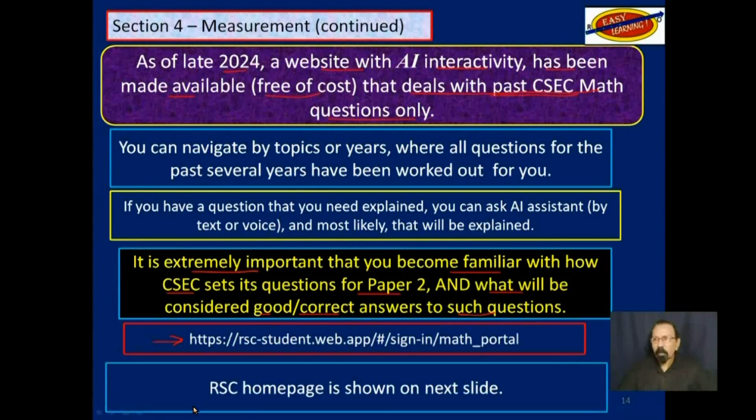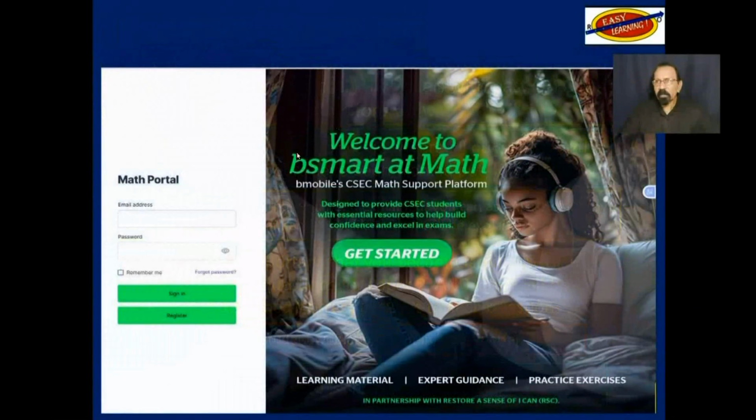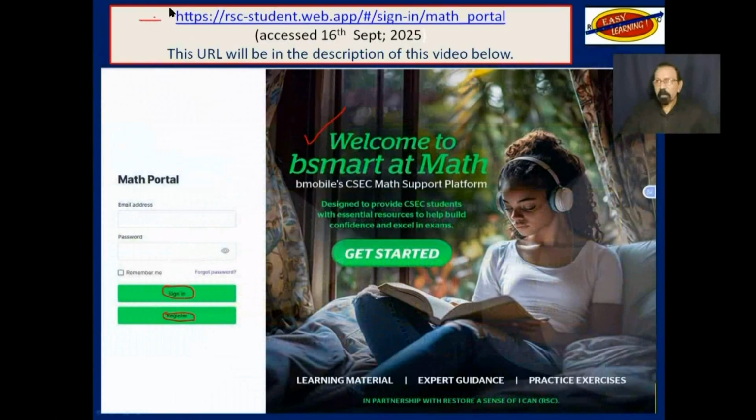website. On the next page, you will see a print screen of what the home page for that website looks like, which is this, the home page. You need to register first, and of course, subsequently you will sign in, but remember I said it is free. This is the URL here again. That URL will be in the description of this video below, so you can easily click on it and be